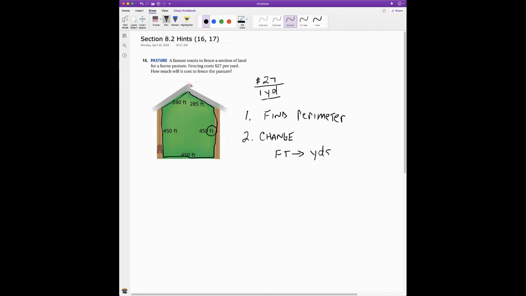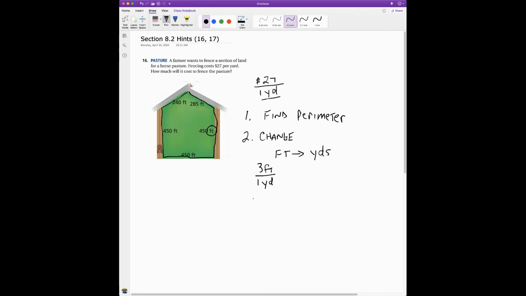Okay, so how many feet are there in 1 yard? Do you remember? If you don't, here's your hint. There's 3 feet for every 1 yard. Okay, so once you change the perimeter of this